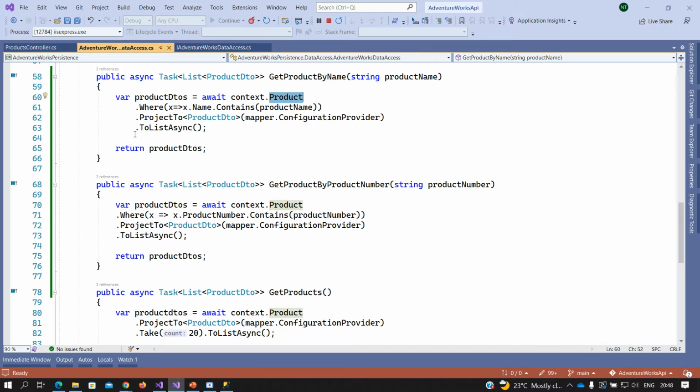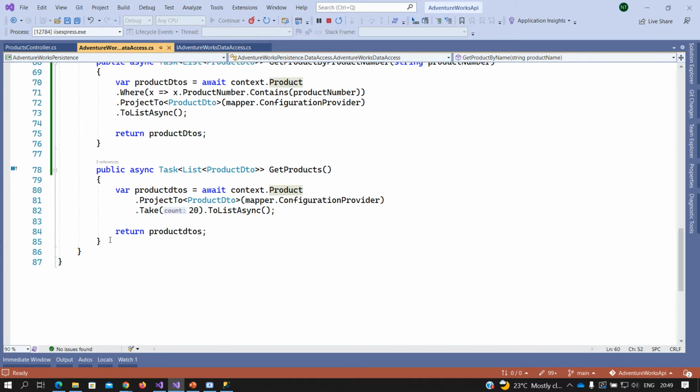So is there a way we can make it generic? That way, in future, if I want to add more methods to query different columns, or maybe query a complex one where I want to say product and number, which matches both, in those scenarios it's better we make it more generic. So in order to make it more generic,